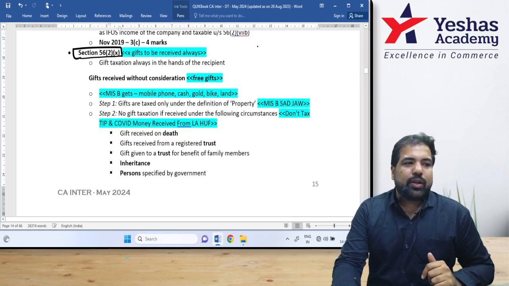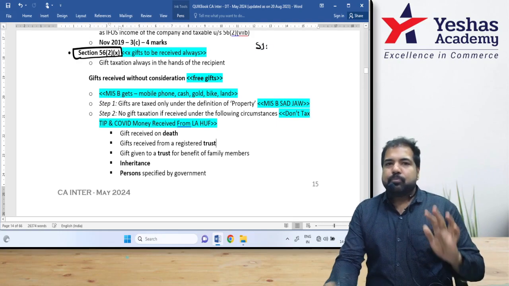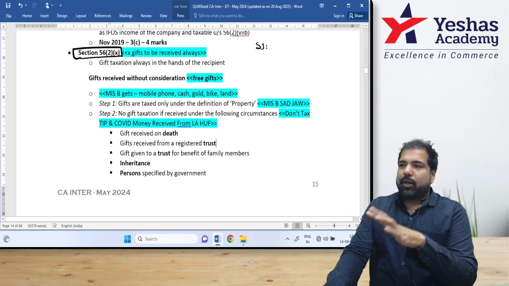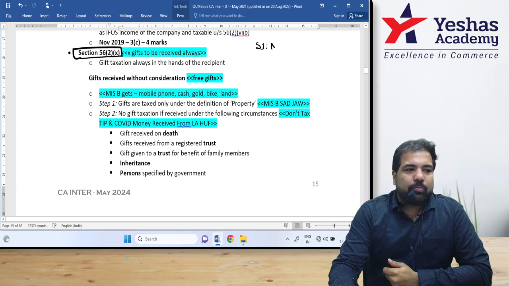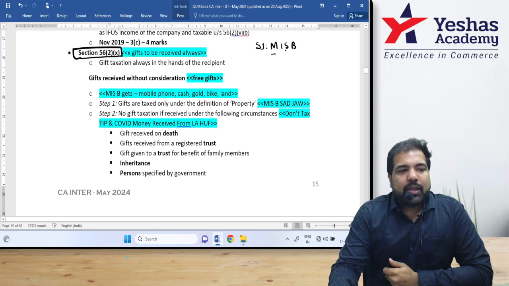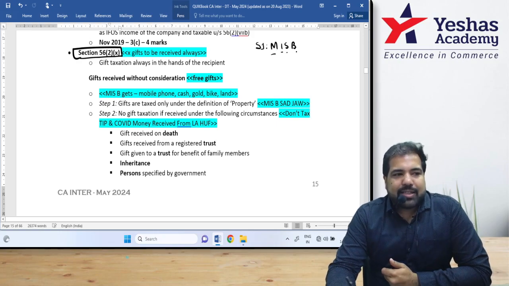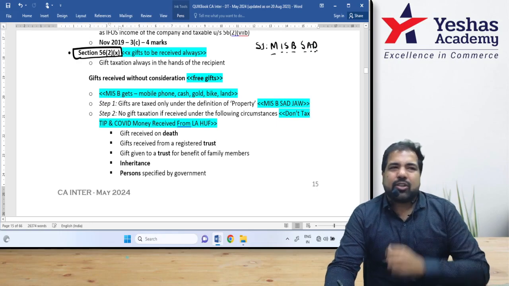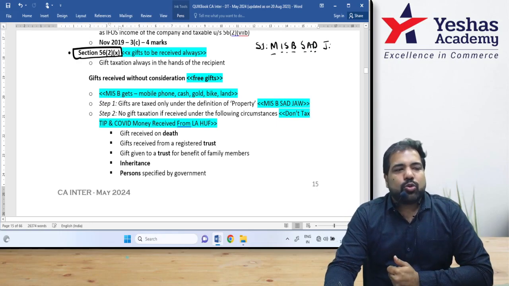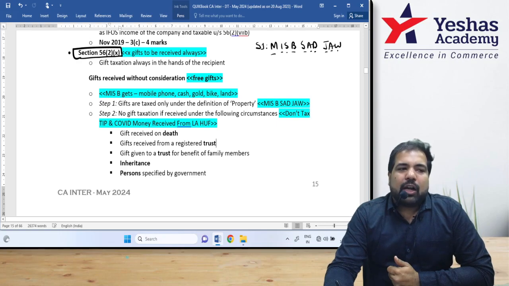So there are three steps to it. What is the first step, guys? It should be in the nature of property. What is property? MISB, sad job. Please tell me the full form. Money, immovable property, shares and securities, bullion, sculptures, archaeological collection, drawing, not important, and jewelry, art of work and work